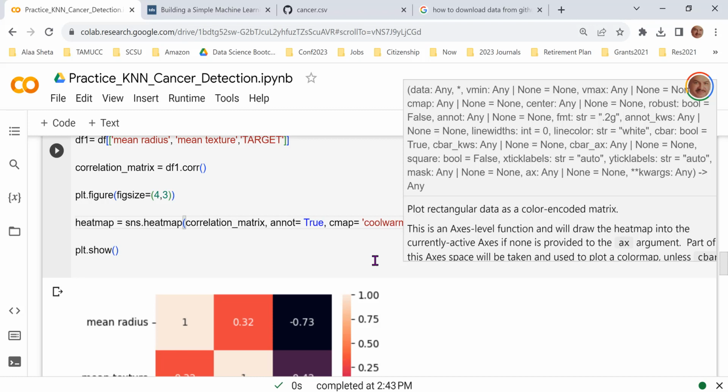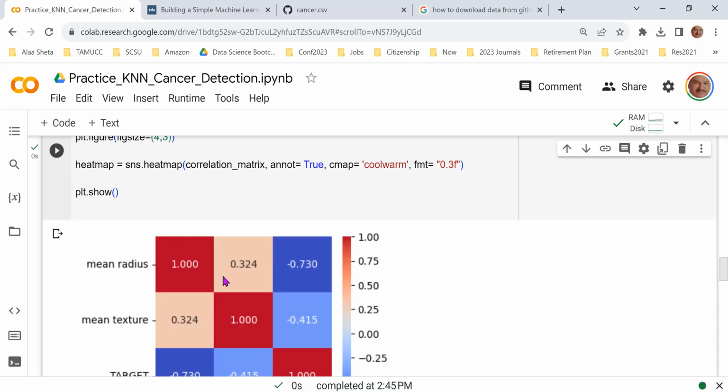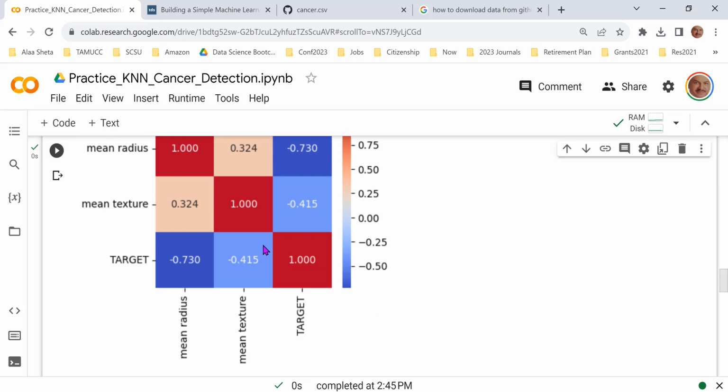If you would like to see the decimals, the way that these numbers are displayed, I can use something called format, and then I can say format is, let's say, 0.3f. So I'm going to see 3 decimal numbers. Okay, let's see what the output will be in this case. Here we go. So we have 3 decimal numbers. So you can play with the format of these